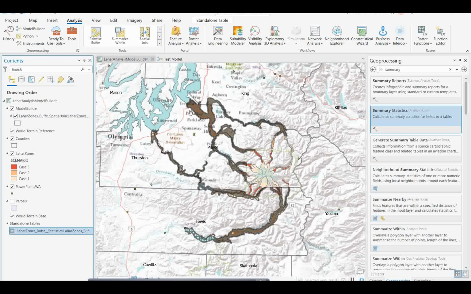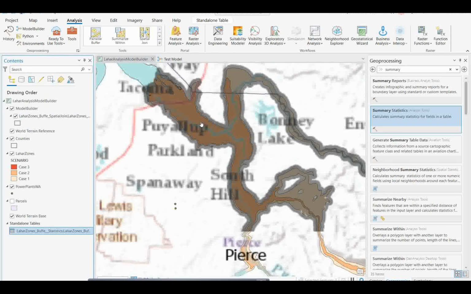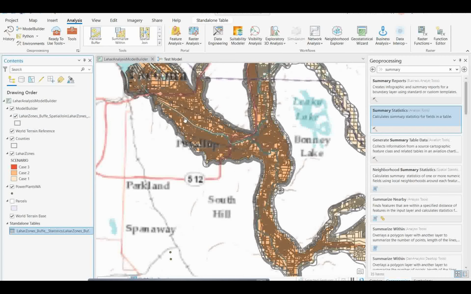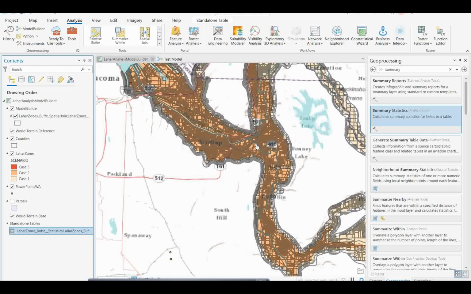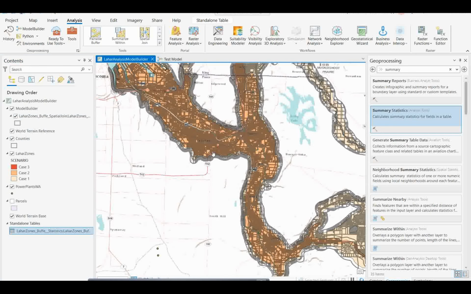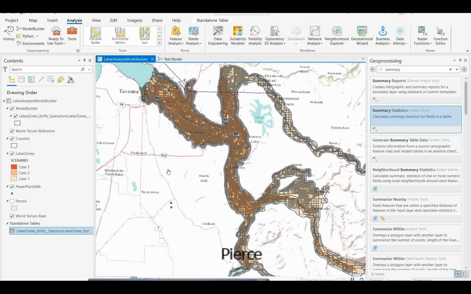Buffer, spatial join, extracted value. See, so it is extracted Lahar buffer wise. The parcel layer also is extracted, which I want for my analysis. This is the first output, and the second one is